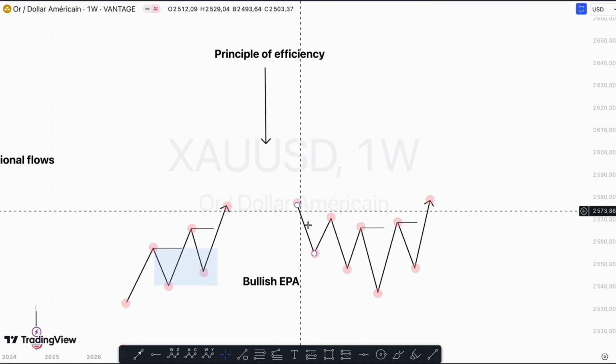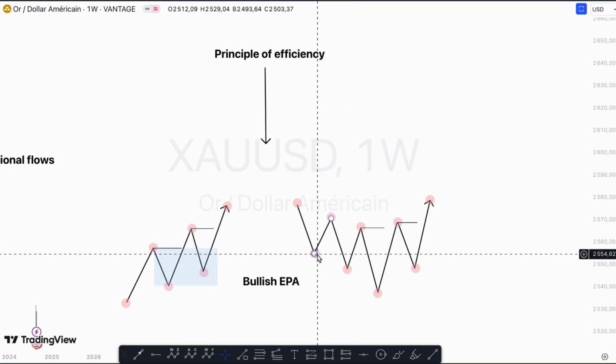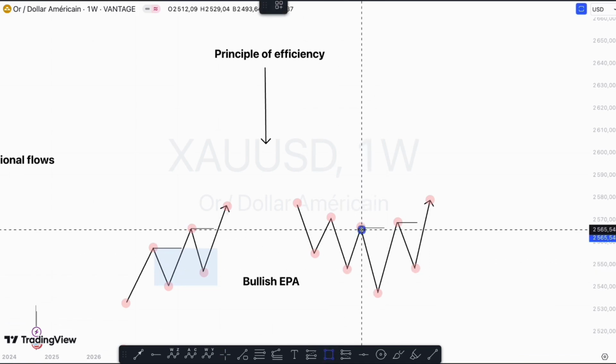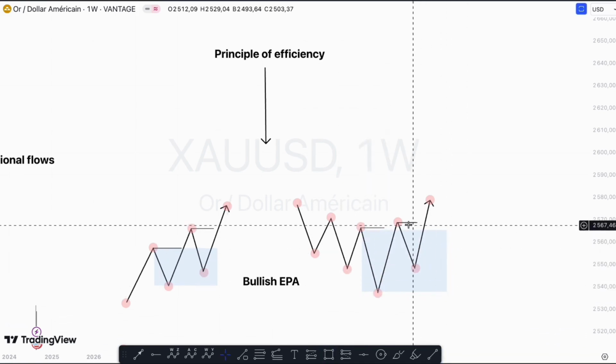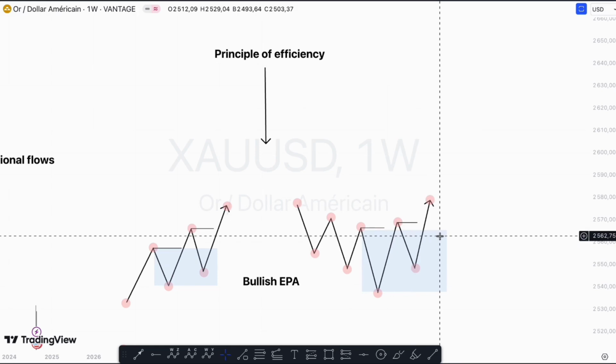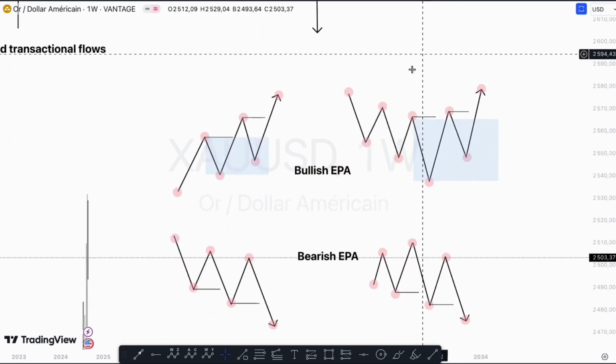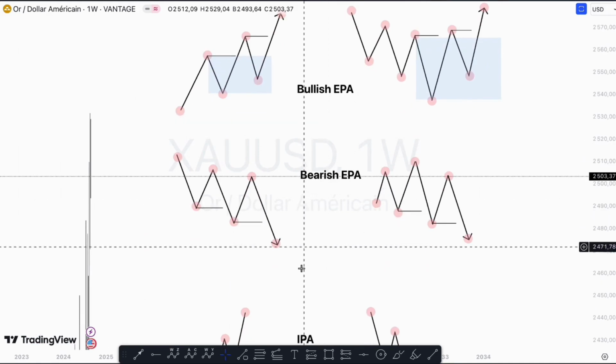You can have a second case where you come from a structure that is bearish. So you see that there are downward breaks and you experience a first break. You draw your sell to buy, you make sure that the price returns inside the sell to buy, it gives you a second breakout, you are efficient to the upside. I will give you graphical examples right after. We will just do the downward EPA and the IPA principles, and then you will have fully understood the principles